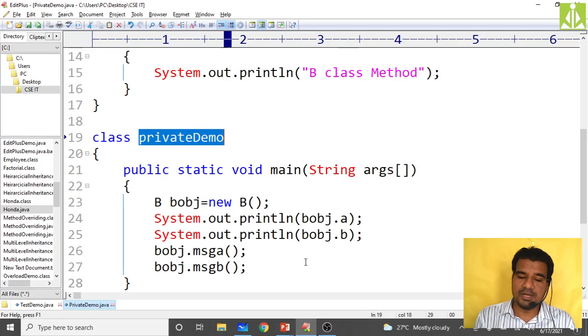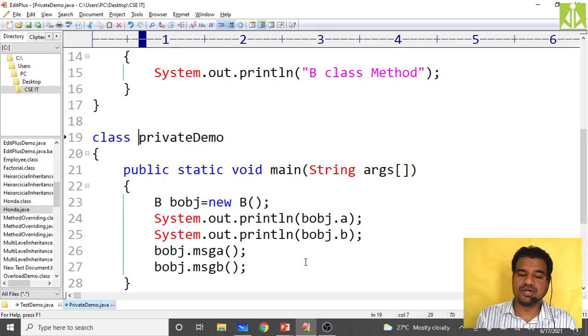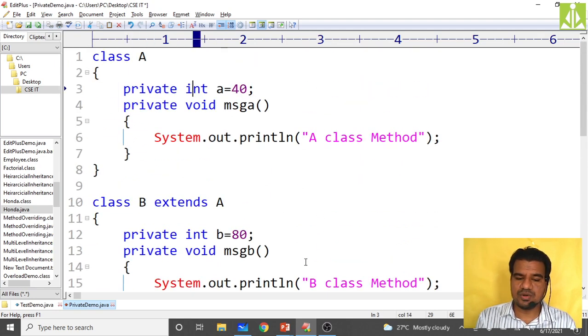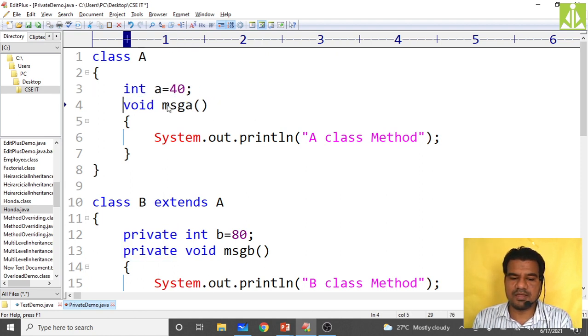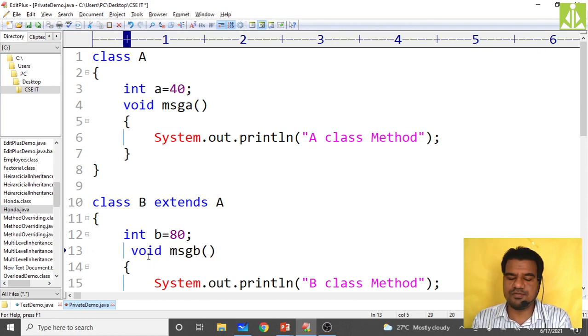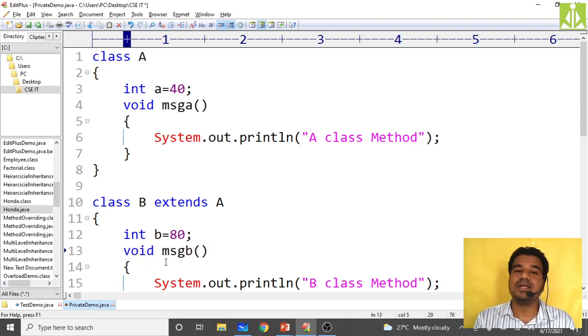So what I have to do, simply go here, and instead of private demo, now we are demonstrating default. So default demo, and what changes I have to do: in class A, remove this private, and here also remove this private, and don't put any access modifier, so that all will become default.